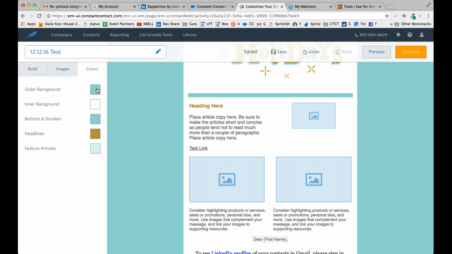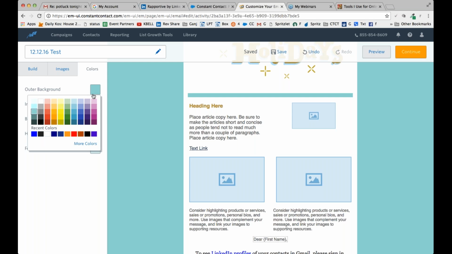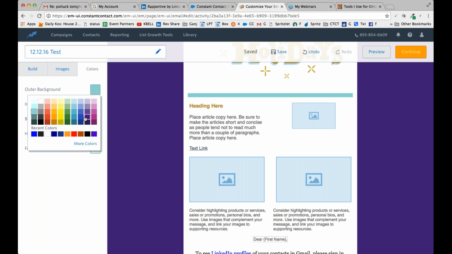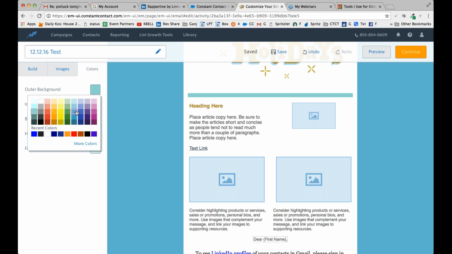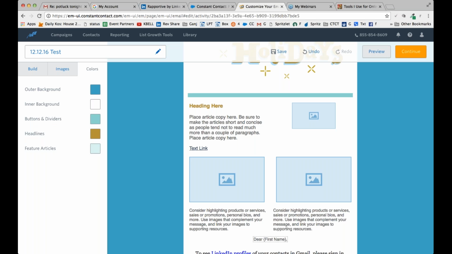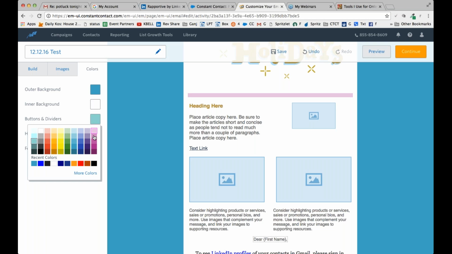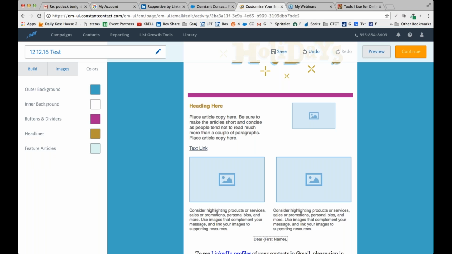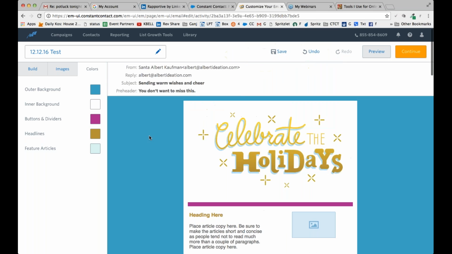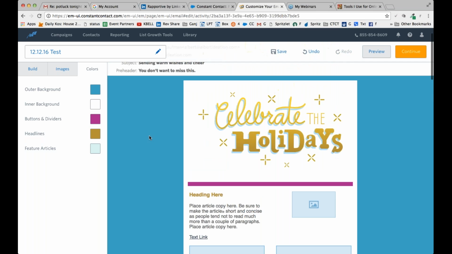This is also new. So for instance, I can take my outer background color and just scroll around and see if there's something that I might like that's a little different than the one that I had. I can also use colors from my website if I want to. Buttons and dividers, I can change those up if I want to right on the fly. So look what a nice difference that is just with a quick,